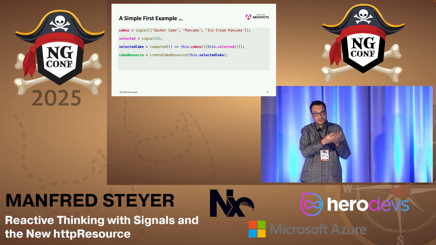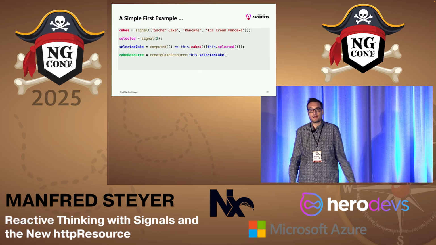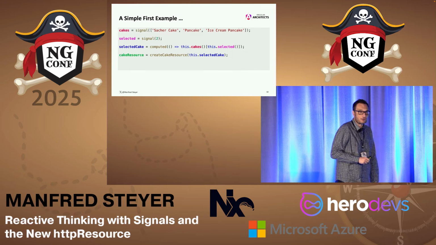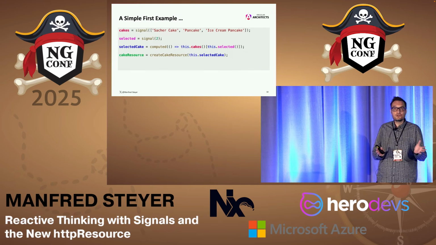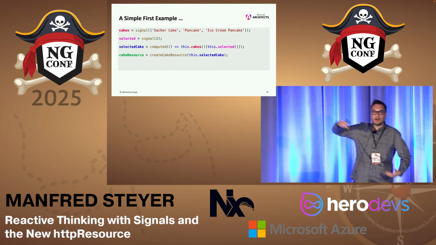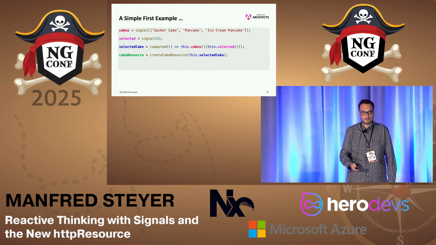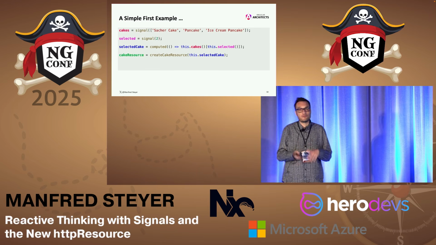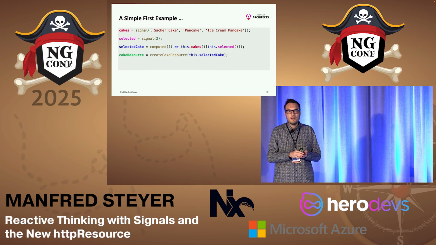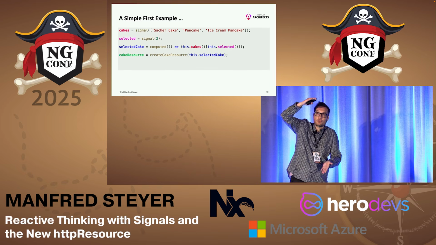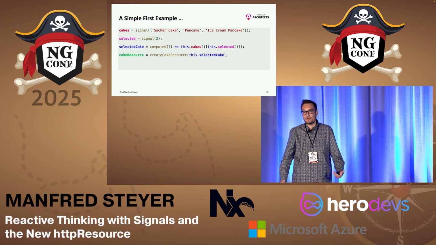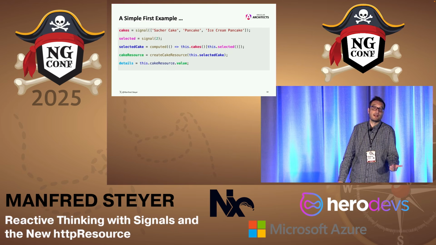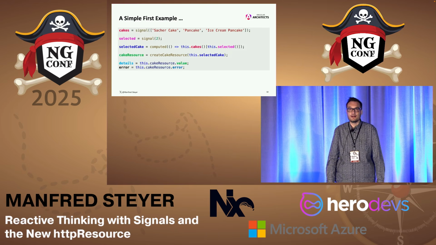And then I can send this selected cake to the backend using an httpResource. Here I have a helper function that is setting up my httpResource. It sends over the ID, and I'm getting back further data. Usually, I really set up my resource inside of a method or inside of a function, because I don't want to see all the protocol details here when it's all about the data flow. And then this resource gives us a value, or if we had bad luck, an error.